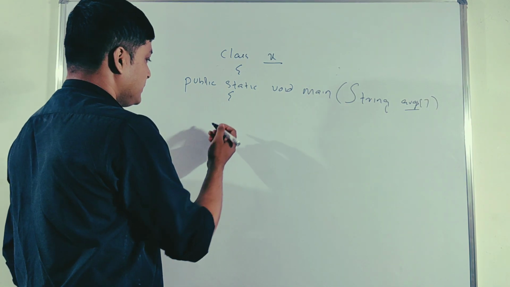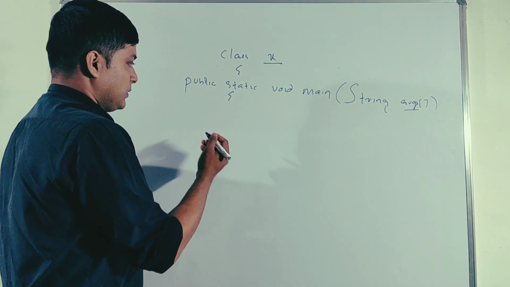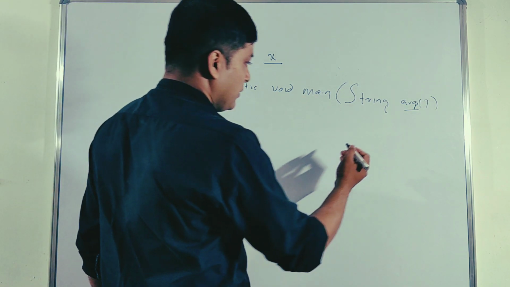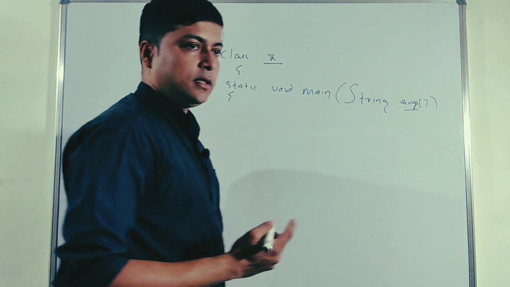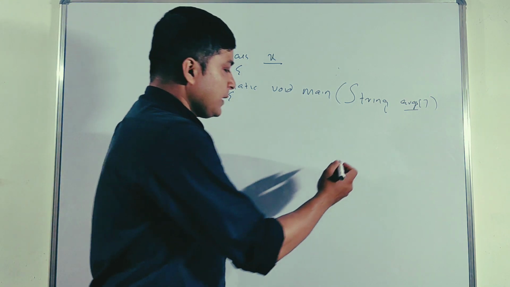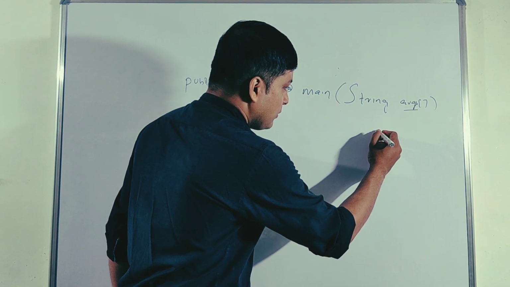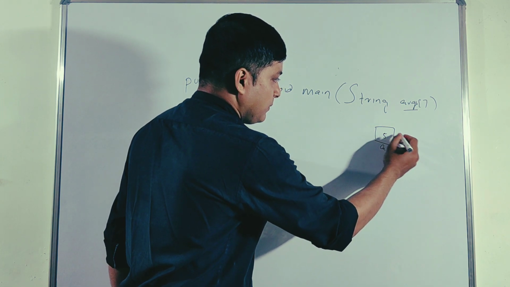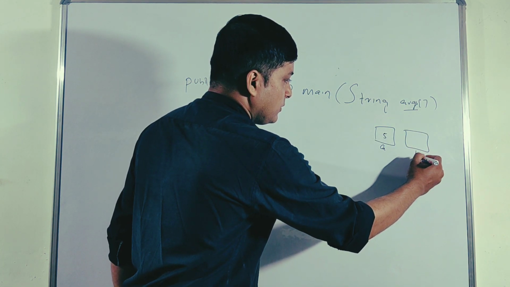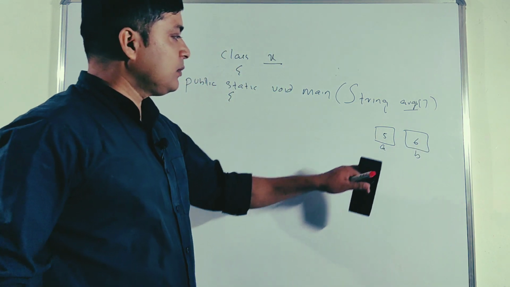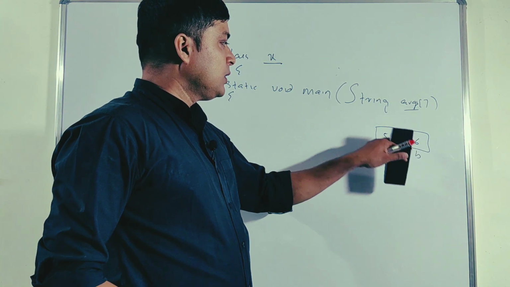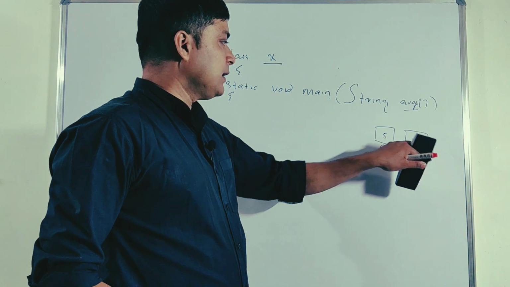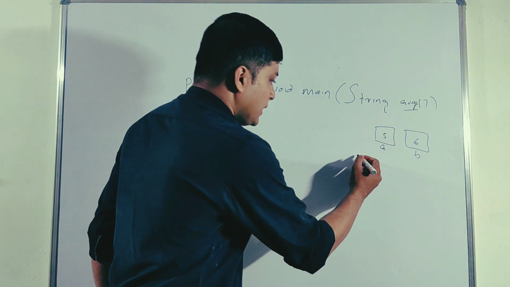So first is addition of two numbers. Whenever you write addition of two numbers, first think about the logic. What is the logic of addition of two numbers? Suppose I am writing a equal to 5, b equal to 6, that means a is one variable, b is one variable. So 5 and 6 will be stored in that memory location. Okay, so what is the logic?